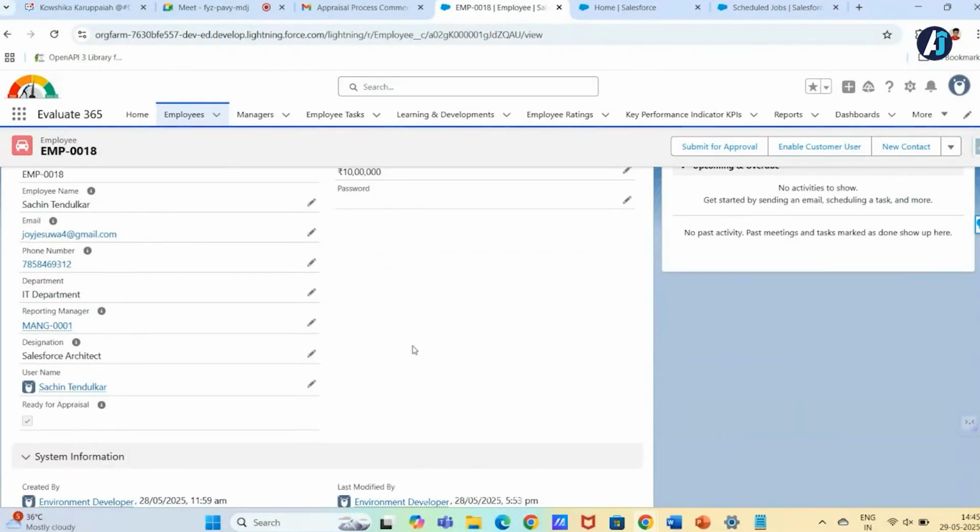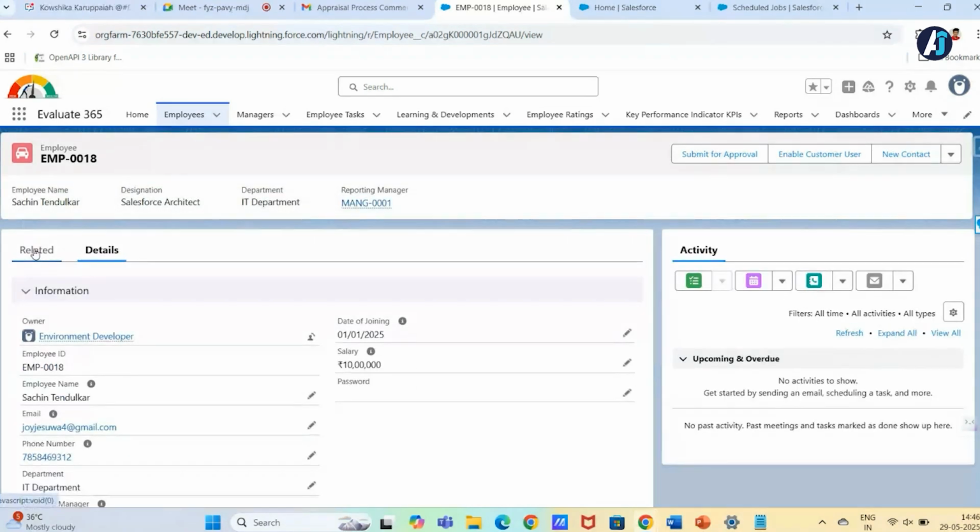With these two fields, we are calculating how many days the employee has been inside the organization, because some employees may have joined a week ago. For them we cannot give appraisal, right? So we have set a limit that the employee should work for at least 3 months. At that point only we can give him appraisal. So we have set a limit of 90 days, which is 3 months. Using the formula, I am checking this box.